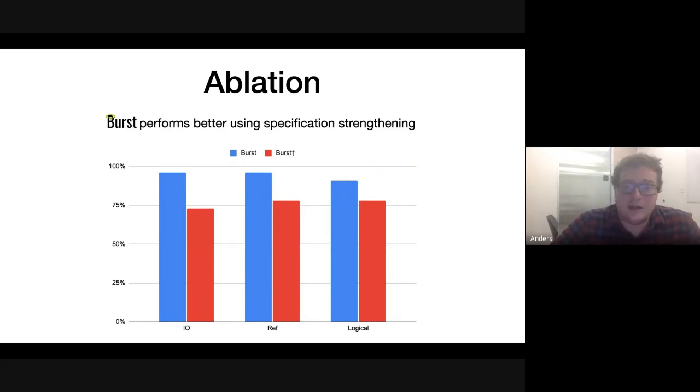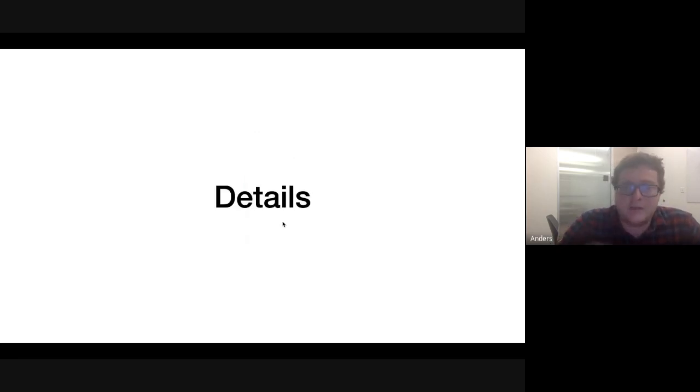So we did an ablation, namely on this specification strengthening. You might ask, is this necessary? Can you just use angelic synthesis? And you kind of can, actually. It does handle some of the easier benchmarks, but some of the really tough ones, it doesn't work as well on. And you do need this specification strengthening loop to get a higher percentage.